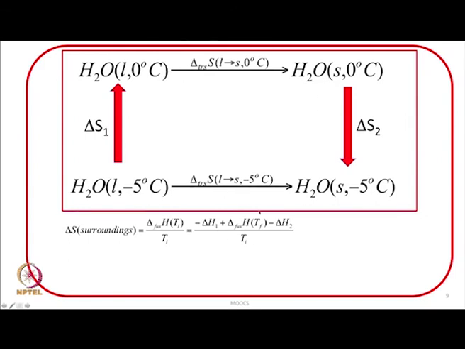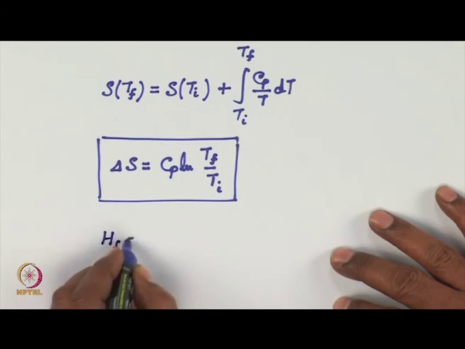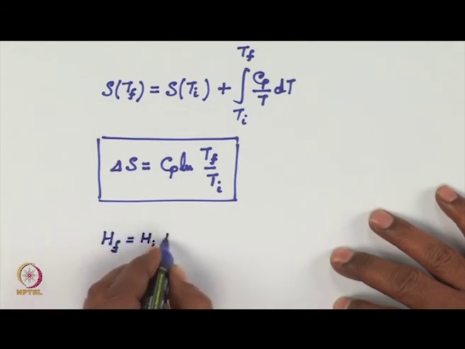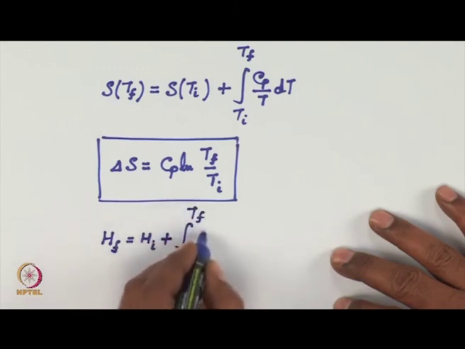So, we will put the positive number over here, and for this, the negative of the enthalpy change for the solid going from 0 degrees to minus 5 degrees. And here we will make use of the expression that H_f is equal to H_i plus the integral from T_i to T_f of Cp dT,